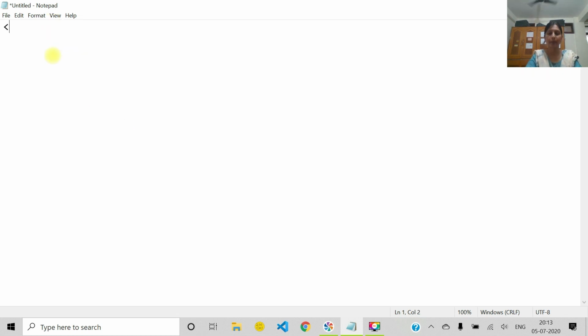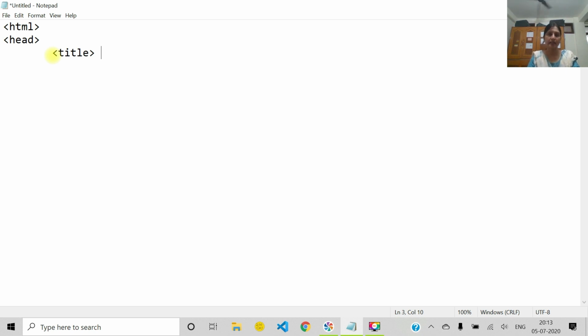Now in notepad, first tag is HTML, then head tag. In head tag what we give? Title tag, and title is used to give any title or heading to the document.